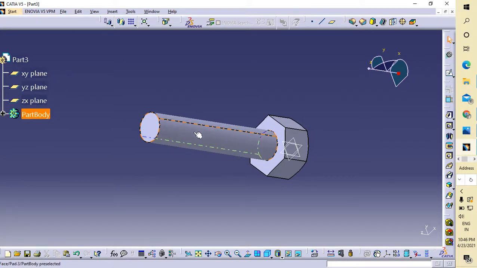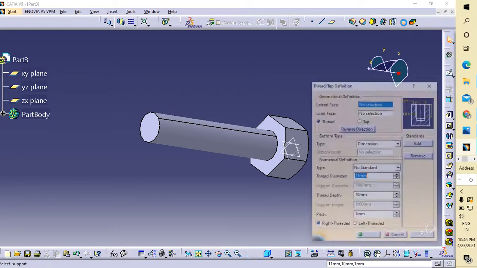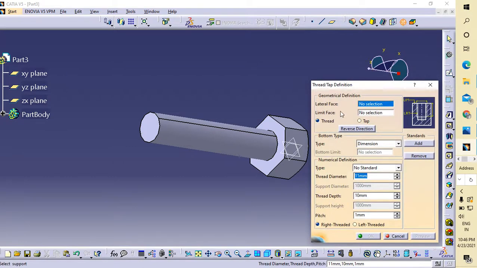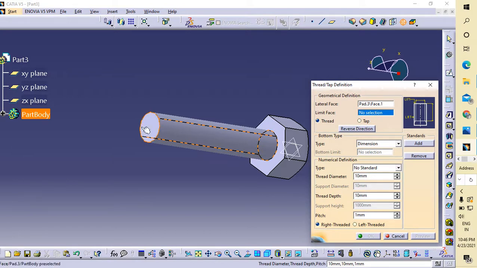With the threaded part. So now go to the thread and tap command, click on it, and select the lateral face, this, and thread from here.